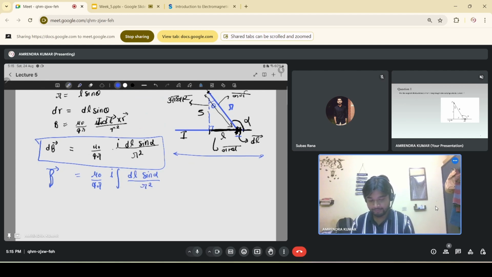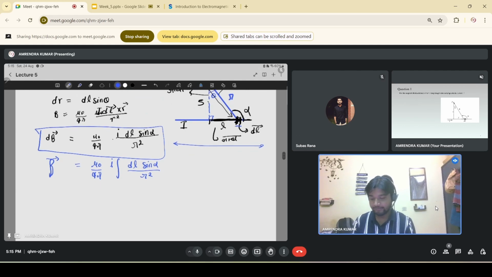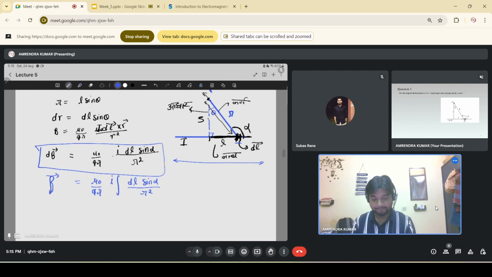ठीक है, अब हम डी एल को पूरी तरह से इंटीग्रेट करेंगे, लेकिन उससे पहले हम ये देख सकते हैं कि जो डी एल साइन अल्फा है, अगर ये अल्फा है, तो ये एंगल हमारा होगा 90 माइनस अल्फा। अगर हम लिखें कॉस 90 माइनस अल्फा इंटू एल इज इक्वल टू आर होगा, क्योंकि हमें पता है कि ये थीटा है, और ये आधार हो जाएगा इस एंगल के लिए, और ये कर्ण हो जाएगा, तो ये आर होगा। तो हमें पता चल गया कि कॉस 90 माइनस थीटा इज साइन थीटा, साइन अल्फा एल इज इक्वल टू आर।